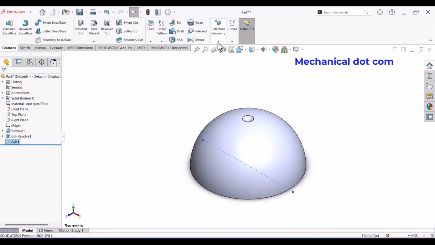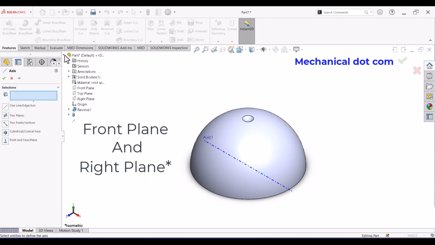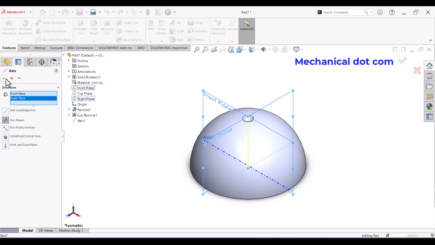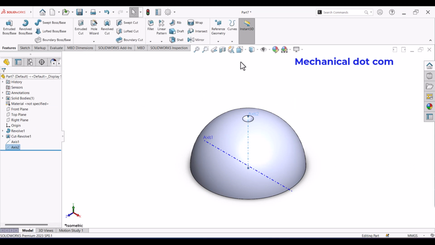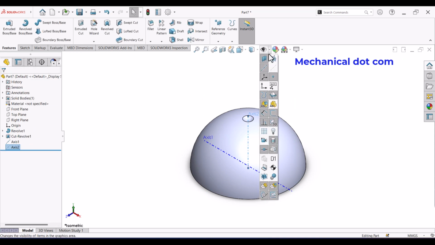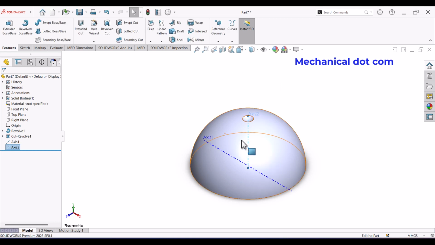Again go to Reference Geometry, go to Axis and now select top plane and right plane. Now press OK. Now go to this option and show axis. Our axis is showing, so we don't need to do this. Now we need to make pattern like this on the whole surface.